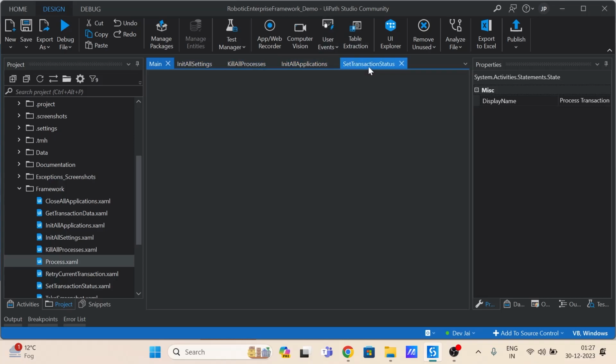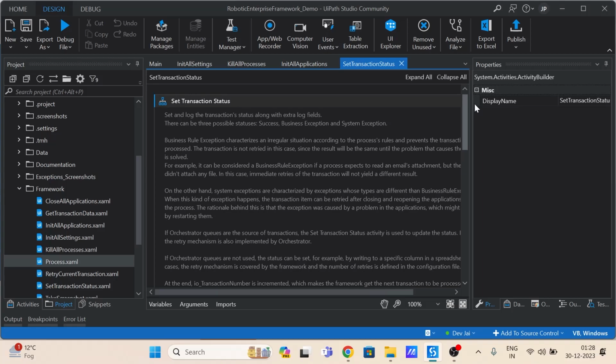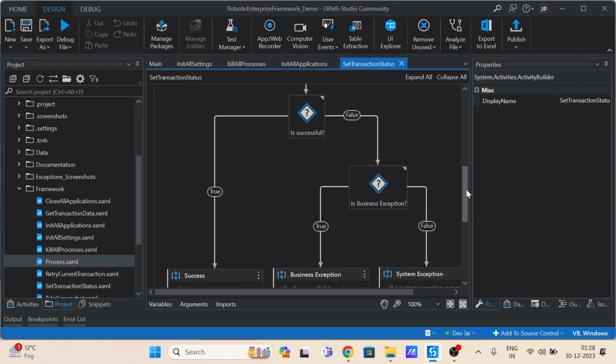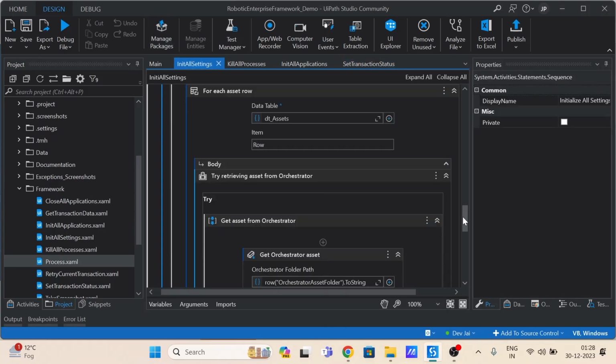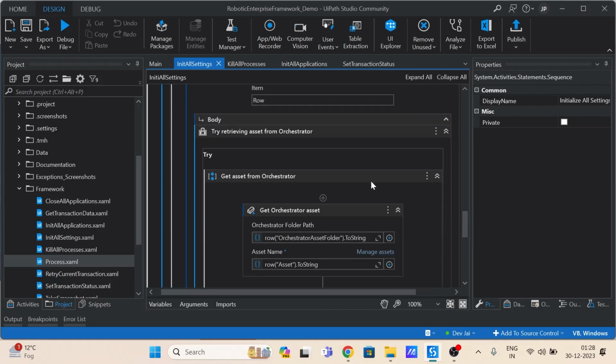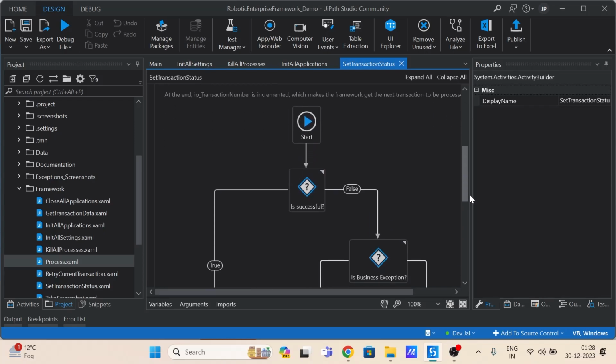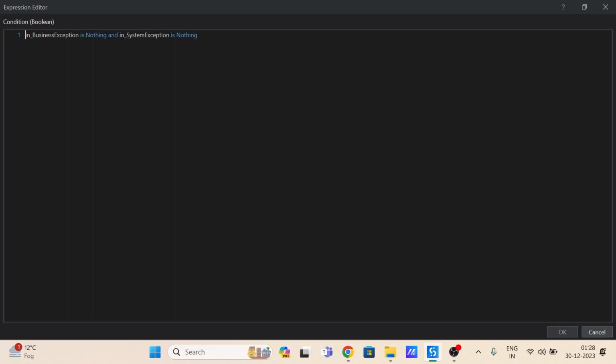Let's get inside of it. So this workflow is basically incrementing the queue statuses to success, or business exception, or system exception. This is doing that. Let's go. This is start. It's showing that business exception is nothing and system exception is nothing. For example, it's taking these values from these input arguments. If business exception is nothing and system exception is nothing, it means this activity over here